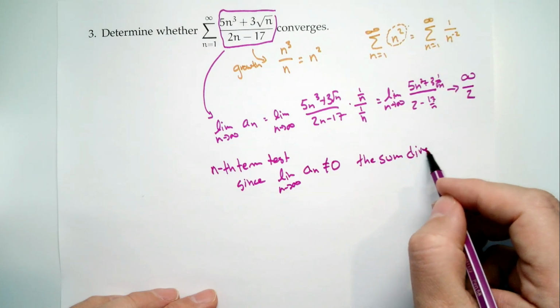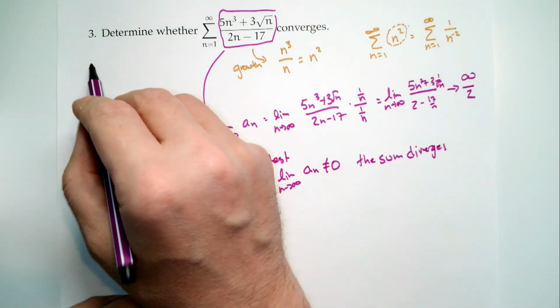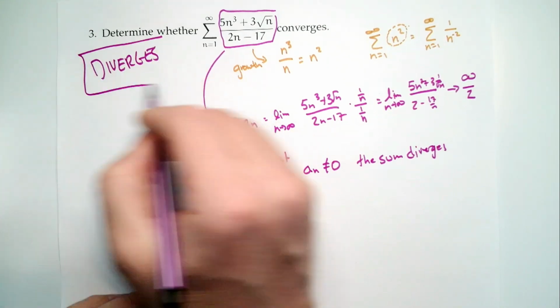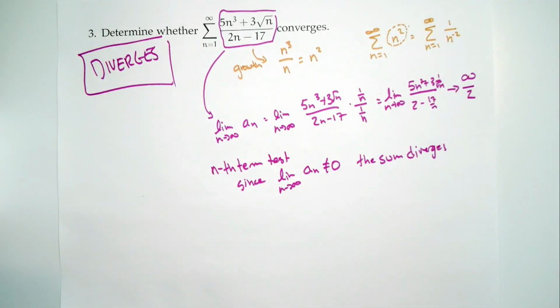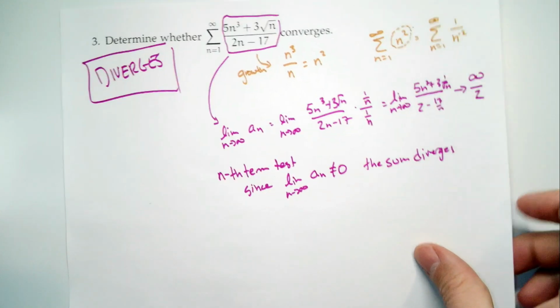Now we could have also done a comparison test with, say, n squared. From a mathematical perspective, this is actually a fun fact. From a student perspective, this sounds miserable, but oftentimes you get more than one test that can work. And so you can use the different tests to answer different things, or do it different ways. So,